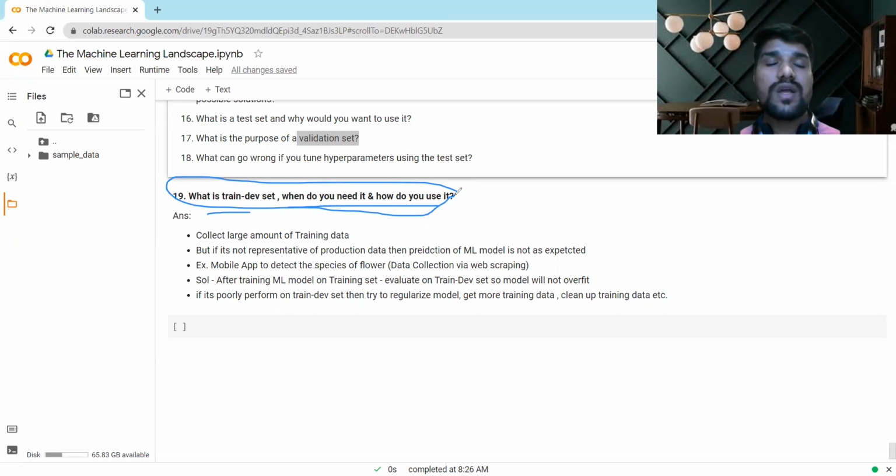Suppose you collect a large amount of training data and feed it to the machine learning model. So this is my machine learning model, and this is my training data. You train it, and the model works very well on the training data set, correct? And then you also have your test set. So this is the train, this is the test. The model performs very well on training, and even on the test set, and then you deploy this